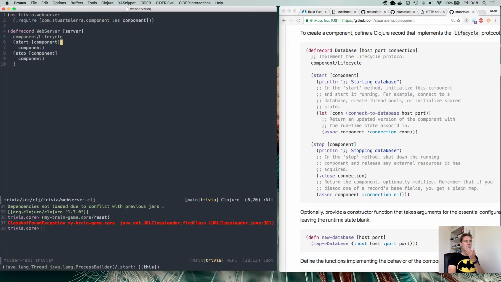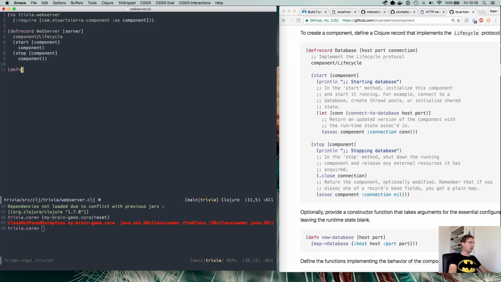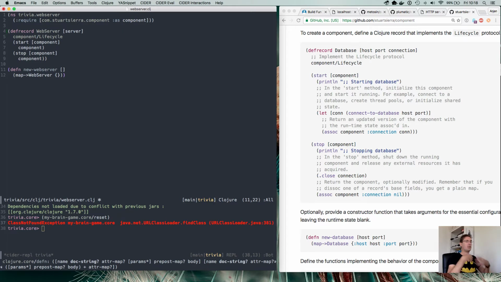So when the component comes to life, it will have this server parameter as part of the component itself. It's basically a big hash map which has data in it. We can actually see this by doing a def new web server. We don't need parameters, and we can call map web server. There's no parameters to give. So if you evaluate this, it creates a record